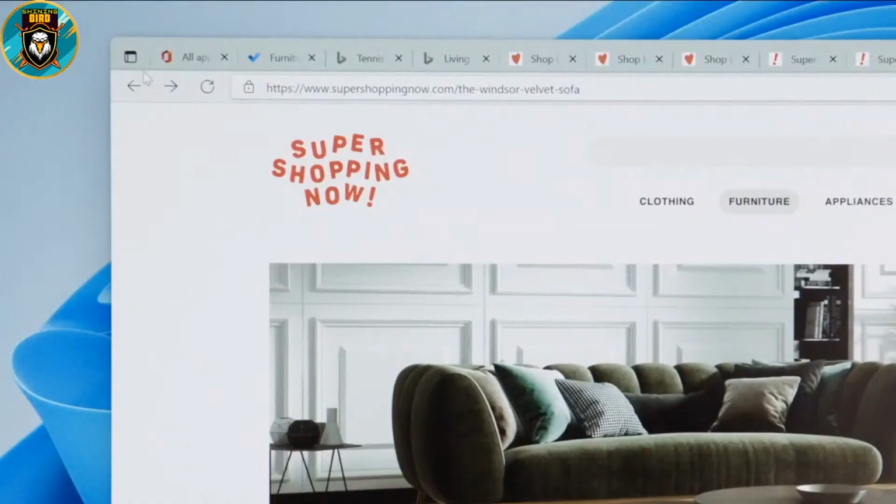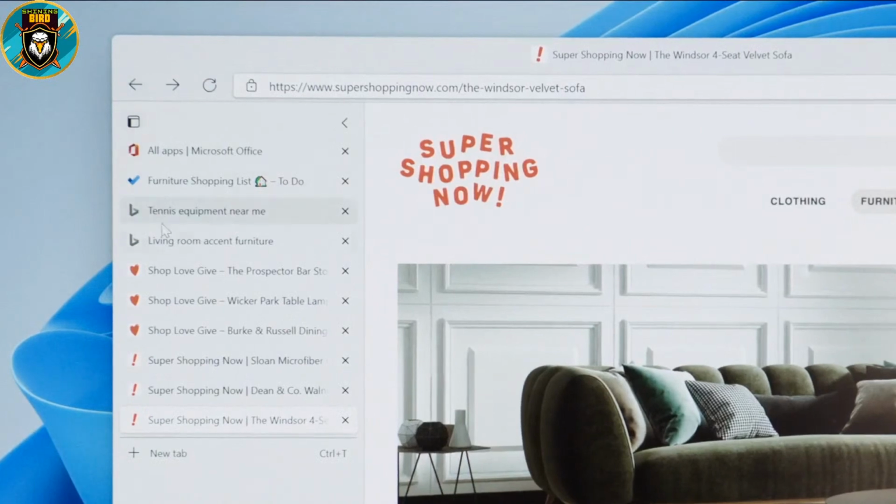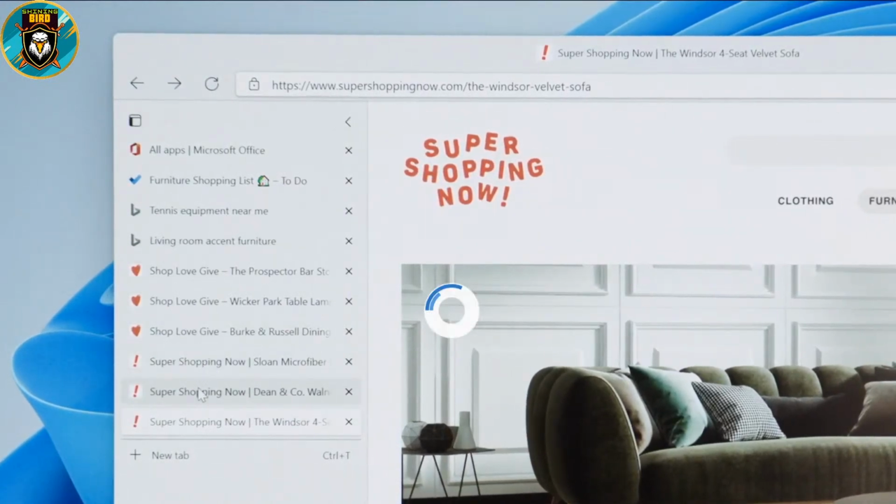I also want to show you 2 ways we're making it easier to always know where you are in Windows and in experiences like Microsoft Edge. As we research and watch videos and shop in the browser, it's easy to get lost in a bunch of tabs. With one click, you can switch to vertical tabs, which makes it easy to find exactly